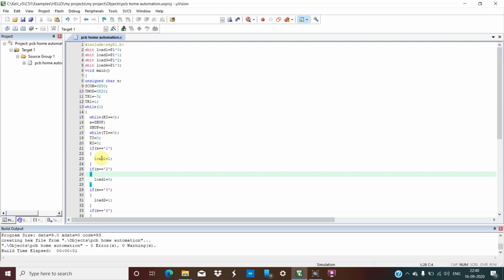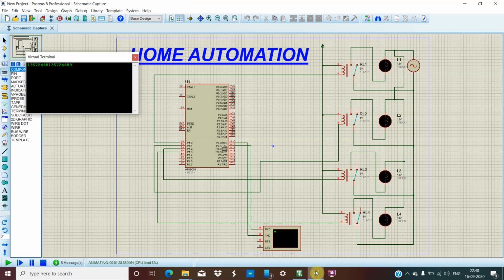Let me explain this one. Whenever I provide, when load x equals 1, the load equals 1. Let me explain by showing the diagram. Whenever I provide 1, the first port, 0th position, the output of this pin is high. Whenever it is high, it doesn't get magnetized. The reason is we'll be having 5 volts over here, and as well as we are getting the high output over here, so it doesn't get magnetized.